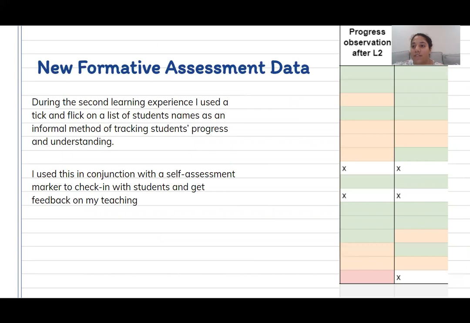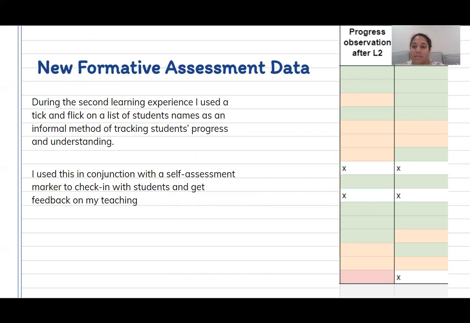When I look at the formative assessment that I did there, I used colored dots as well for a short-term self-assessment where students could show how they felt with the lesson. I'd already noted on the left of that graph how I felt that they were progressing, because it was all just anecdotal, because it was almost explicit instruction.